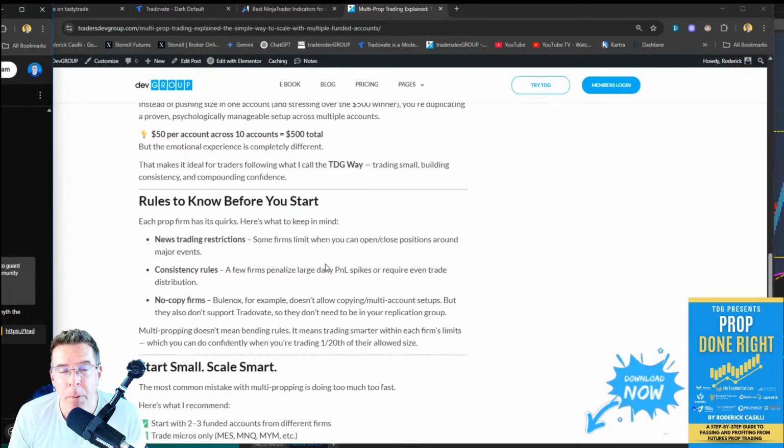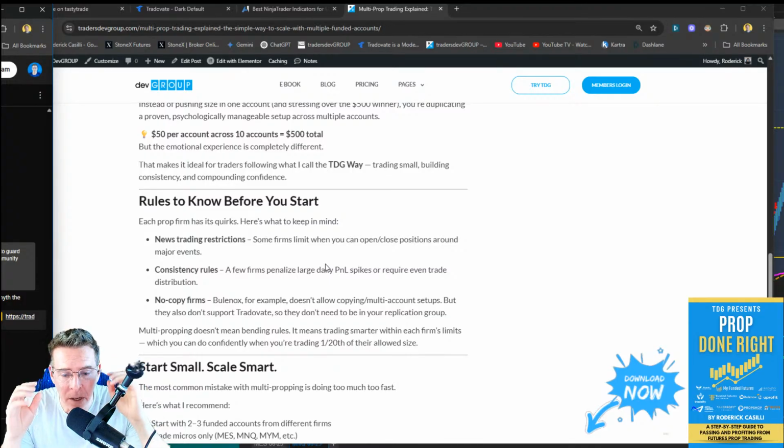But Bullinox would be an example of one that you probably don't want to put in any kind of replication group, even if you have a way of connecting to them from an external source, right? Then you have news trading restrictions, like at firms like My Funded Futures and at Take Profit Trader. They have some news restrictions, so make sure that you're aware of all the rules at any prop firm that you're multi-propping with, right? It becomes, if you get too crazy too fast, you can start,